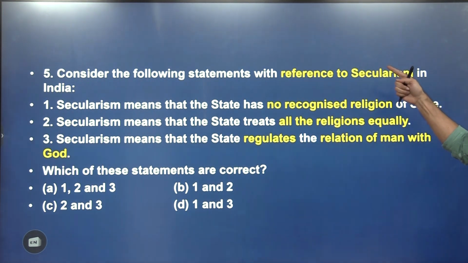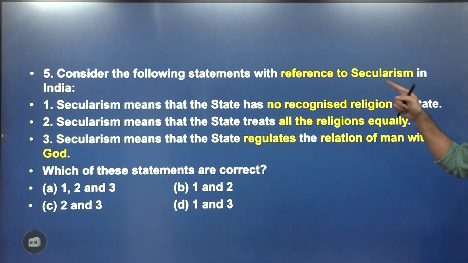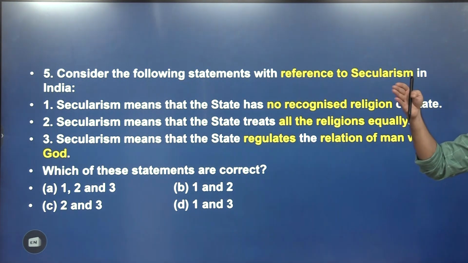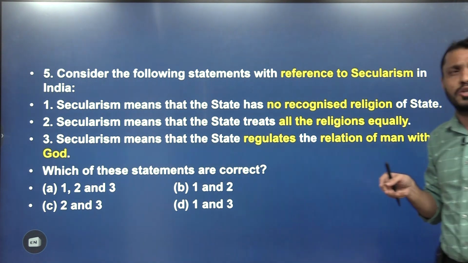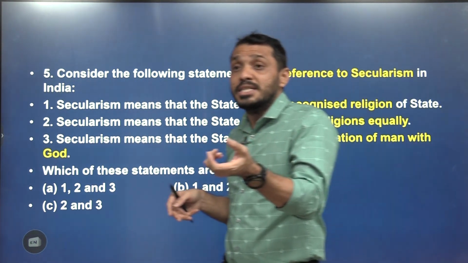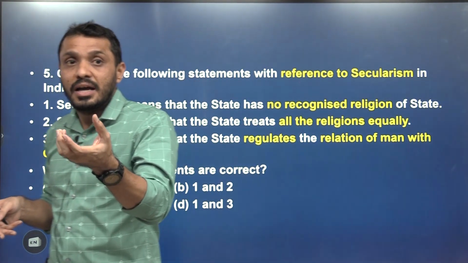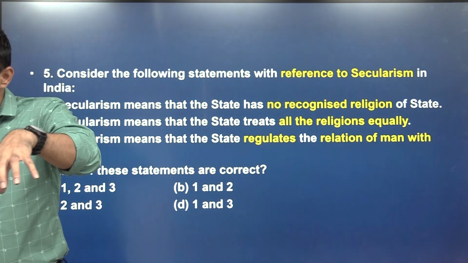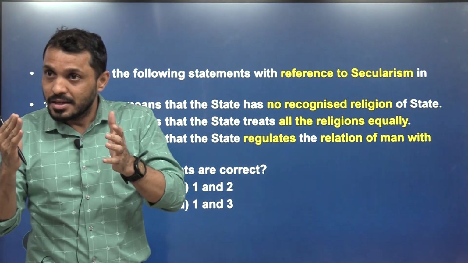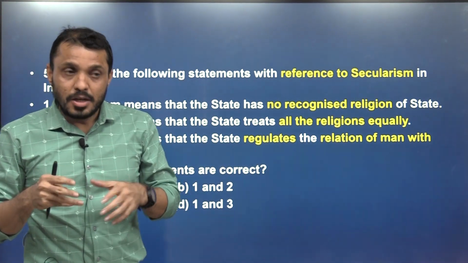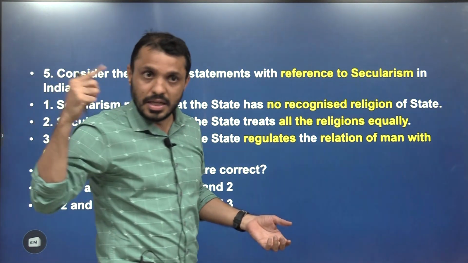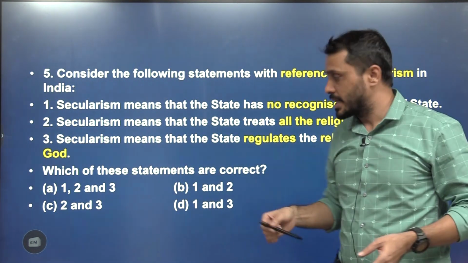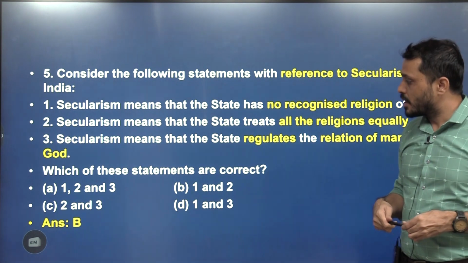In the Western context, secularism means complete separation of the government from religious matters. There, the church and the government are different. Actually, how the word secularism got into use: secular means a person who believes in earthly matters, that is, he believes only what he can see. Non-secular, religiously orthodox, means he will believe in the heavenly world also. That is where the word secularism came from. So the answer is B, statements 1 and 2.